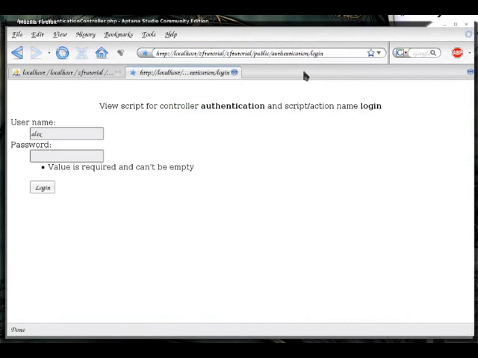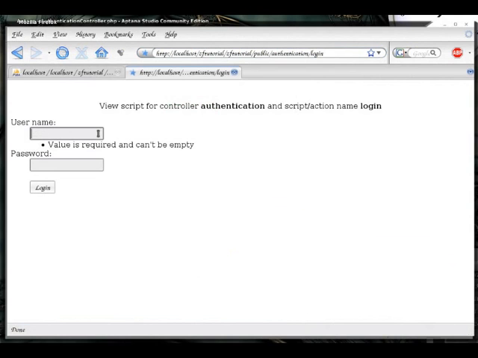So let's test this now. Once again, if I leave out something blank, ZendForm will not let me go any further.